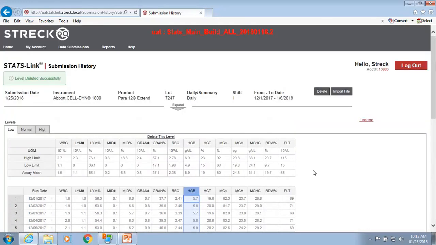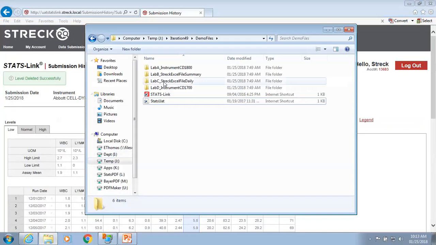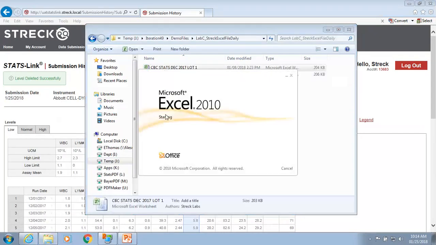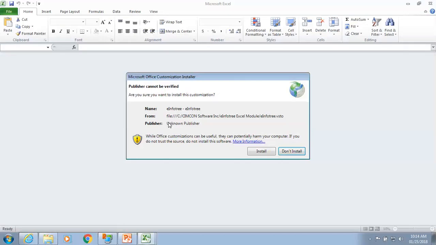All right, and so we're going to go ahead and take a look at the Excel sheets that are available for submission. So I'm going to go to my files here, and I'll show you an example. Streck provides Excel sheets for you to do data entry into and then import those into the application. So if I open one of those examples here,